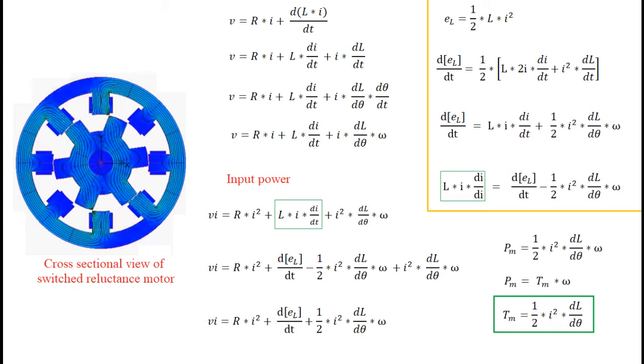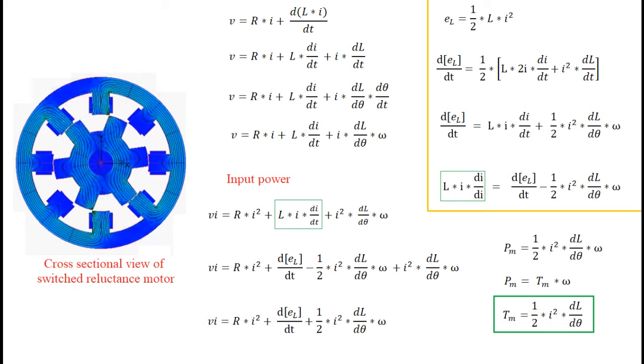Now replace the term in the equation to get power equation shown below. After replacing the term, we get the equation of power shown in the last line of middle column. This equation is input power equated to copper losses, reactive mechanical power, reactive magnetic power, and power converted from electrical to mechanical power.